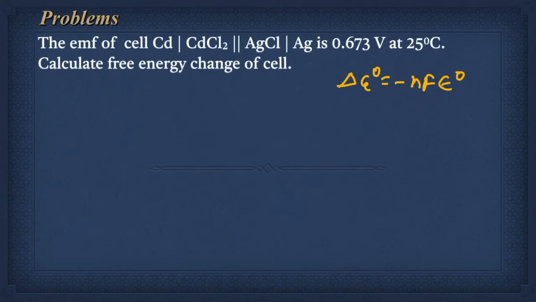We know that 1 Faraday is equal to 96,500 coulomb, but we don't know the number of electrons involved in this electrochemical reaction. So we have the cell representation where the cadmium gets oxidized, because we know that on the left hand side there is an oxidation and on the right hand side there is a reduction. So we can easily say that there is an oxidation of the cadmium and the reduction of the silver. Firstly we have to write the cell reaction. By using that cell reaction we can easily calculate the number of electrons involved in this process. So just write the cell reaction.